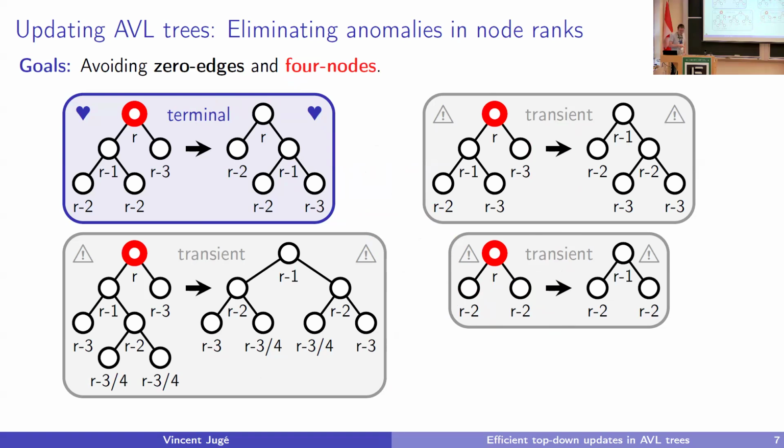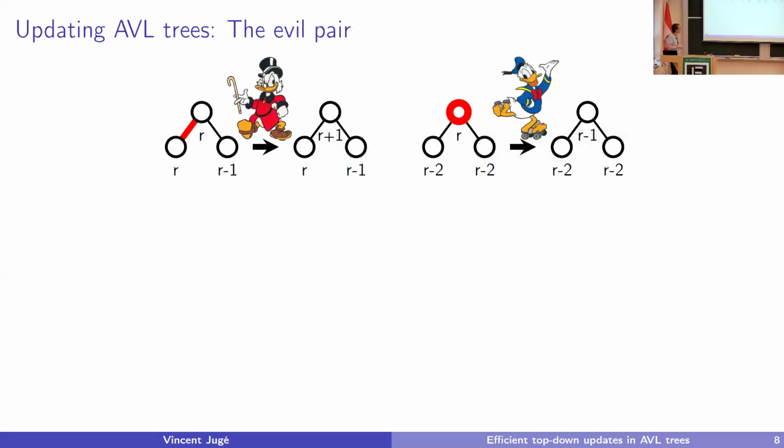And so I wanted to know: is this efficient, or what makes it not so efficient? Because I had my theta of log n in the amortized worst case complexity. So let's look at an evil pair of people who can make things go really bad. One of them will be a super rich billionaire. The other one is this friend called Donald. And they make seemingly innocent operations.